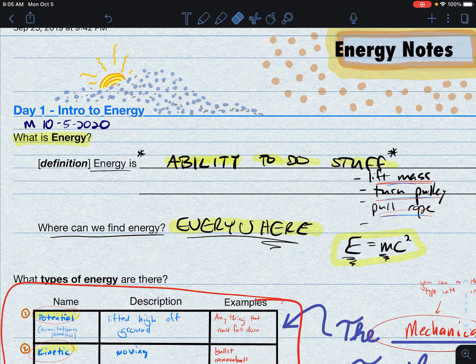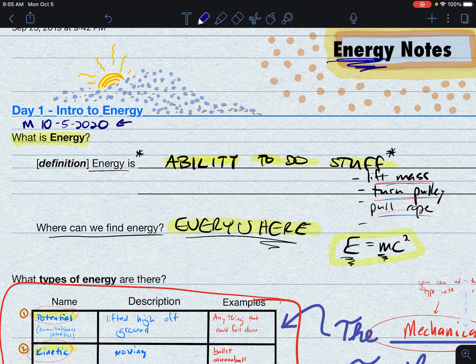All right, everybody, welcome to the fifth week of school now. This is Monday, October 5th. We're starting our first actual physicsy unit. We went through a couple weeks of measurement and metric system and unit conversion and setting up those Fermi problems, but today is going to be the first day that we actually look at a real physics topic, and it's